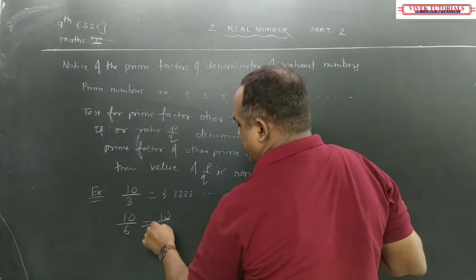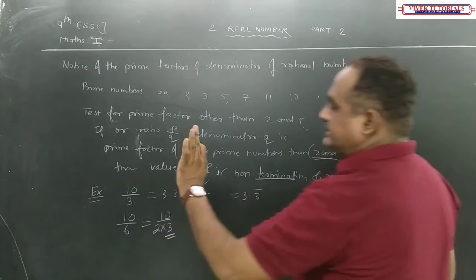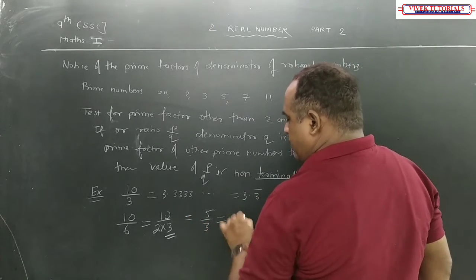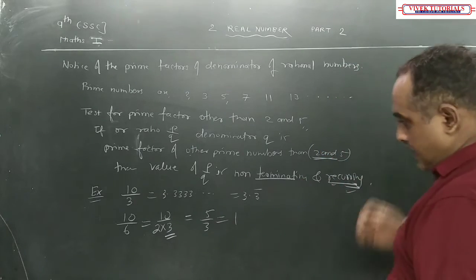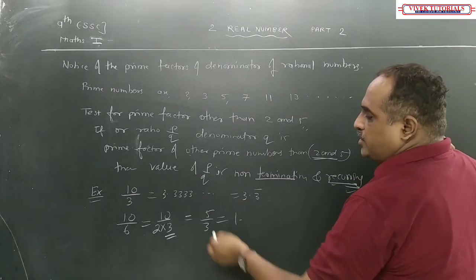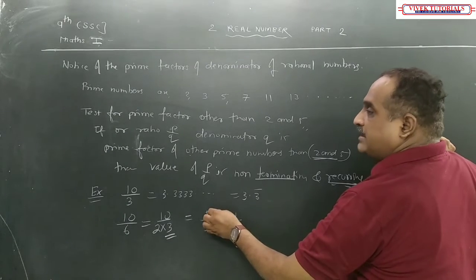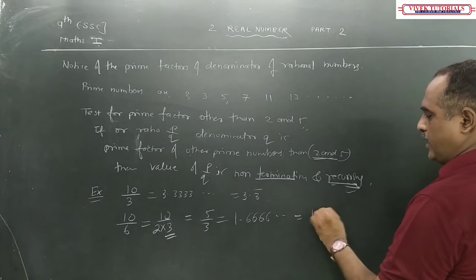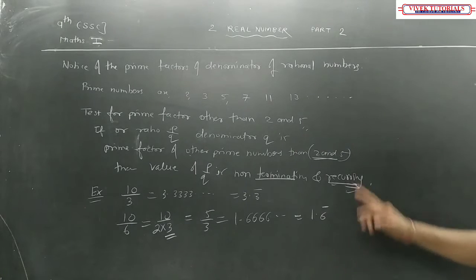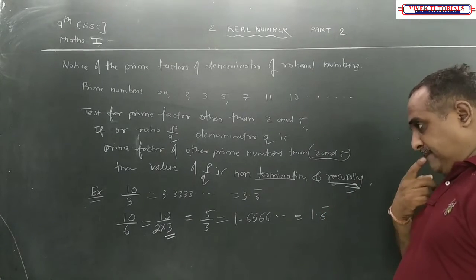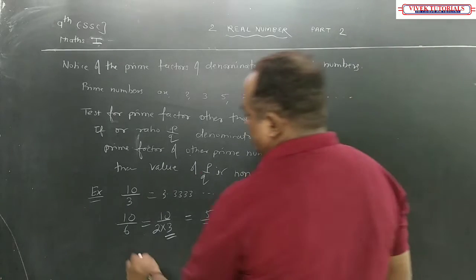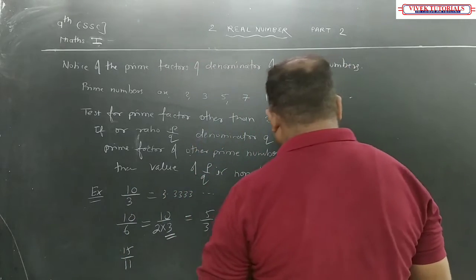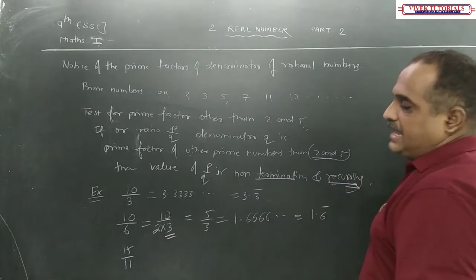10/6 एक्चुअली देखा जाएगा 10 2 into 3 है, 3 आ गया ना, then it is what 2 is there, no doubt about it, but it becomes 5/3. 5/3, 3 ones are 3. Okay, then what is there now? 3 twos are 6, 2 रह गया, 2 मतलब 20 divided by 6 ऐसा, that is equal to 1.6. This is again non-terminating and recurring. Is it right? Have you understood this? Suppose 15/11 value will be again non-terminating and recurring. So it is like that.